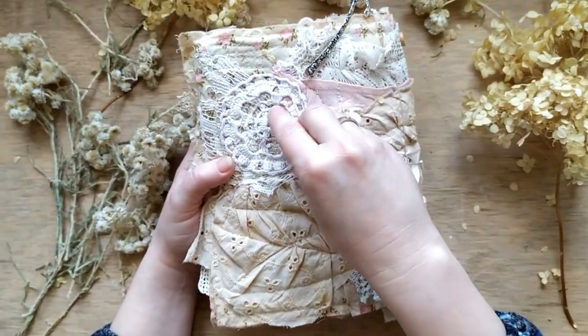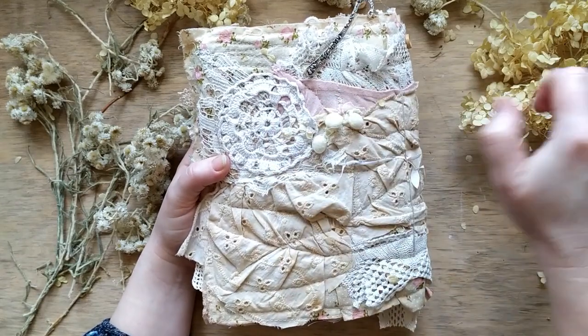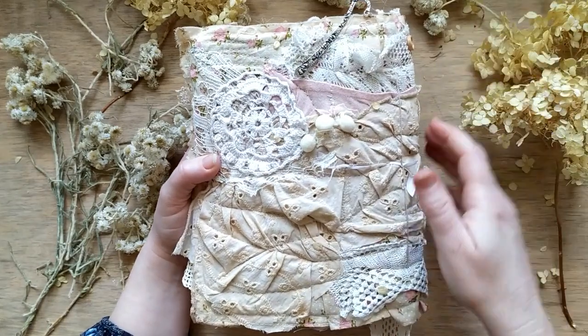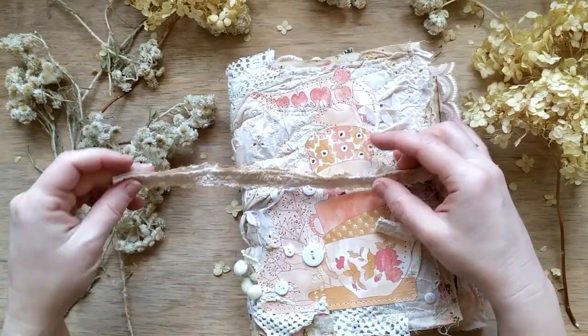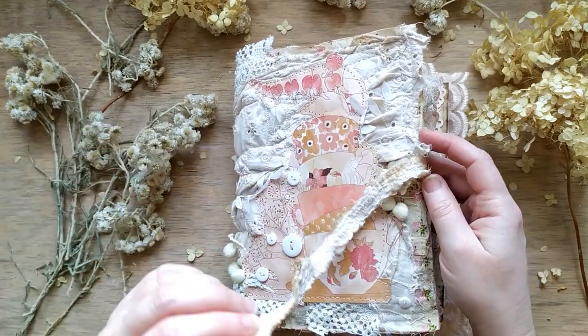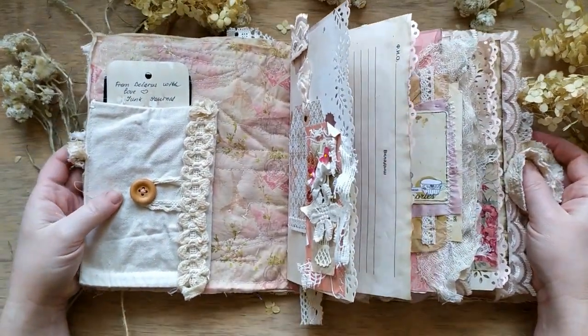This is the second side, the back side. This is a doily as well, handmade doily. Okay, these are the petals. And the closure is just a piece of cotton. It's just a trim, fussy cut unevenly. And inside we have two signatures